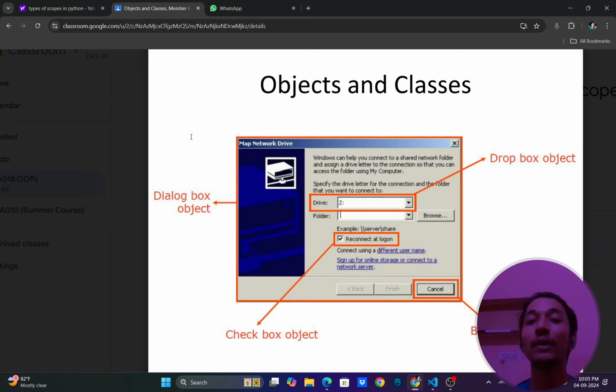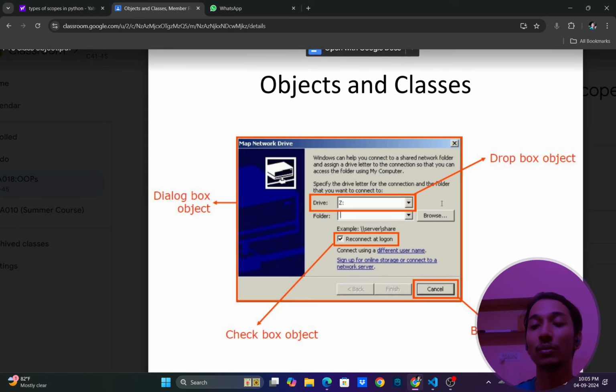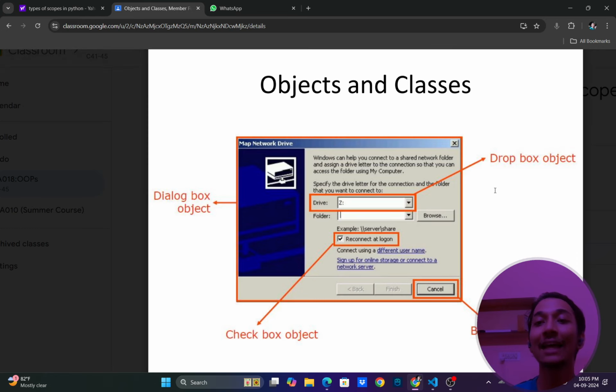Okay, so you create a blueprint for some object, like this Dropbox object. Let's see this Dropbox object. You created a class for this. Okay, you created a blueprint for this. So this blueprint you can use everywhere, wherever you want to include a Dropbox in your program,